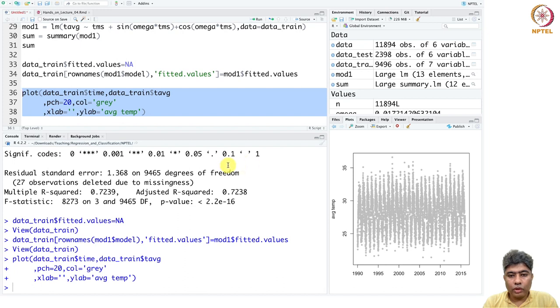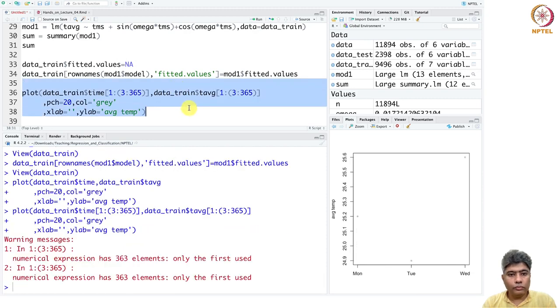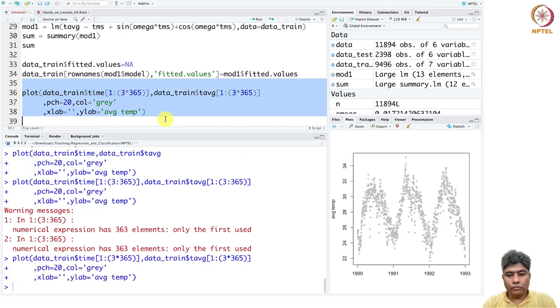First we are taking these, well, we can take the first few years to just understand what is going on. First 3 years, and then